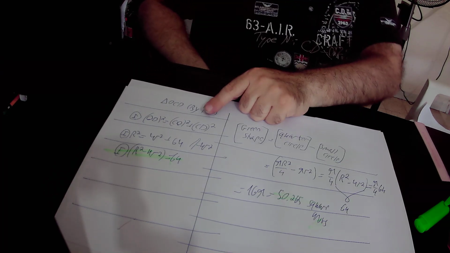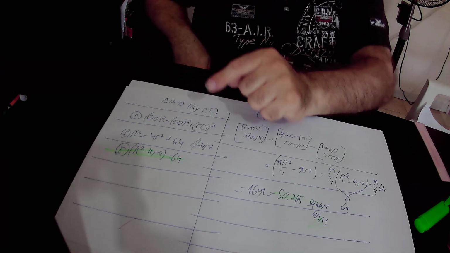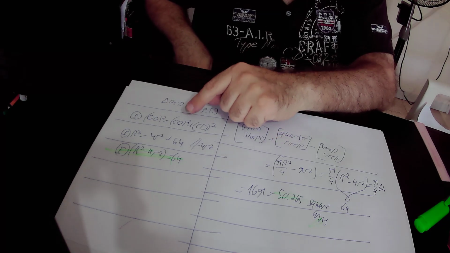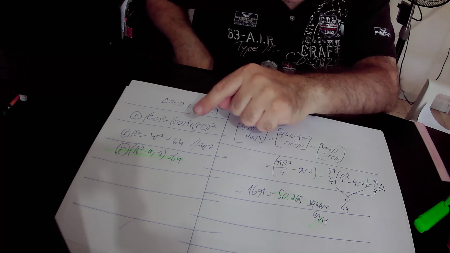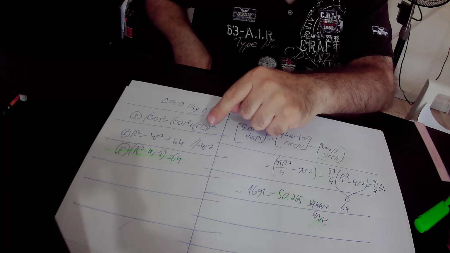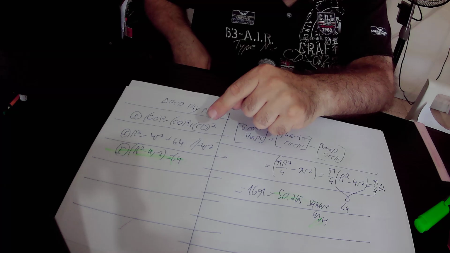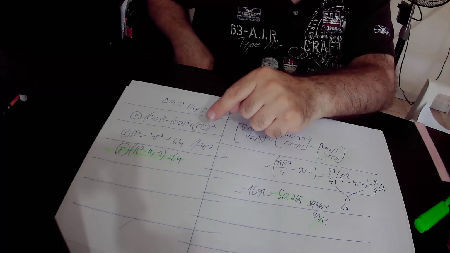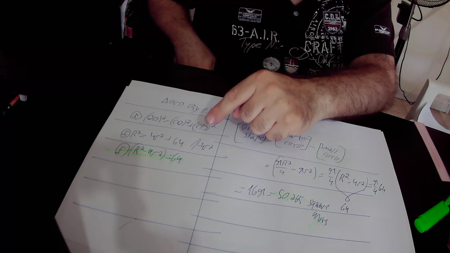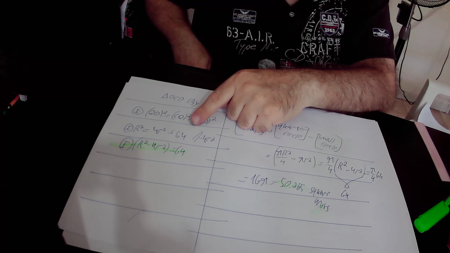OD square equals CO square plus CD square. OD is capital R, therefore OD square is capital R square. CO is 2R, therefore CO square is 4R square, plus CD square. CD is 8, so CD square is 8 square, that is 64. So in conclusion, according to equation number 1, capital R square equals 4R square plus